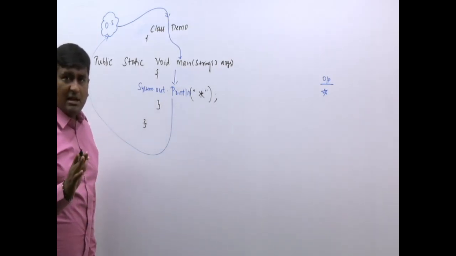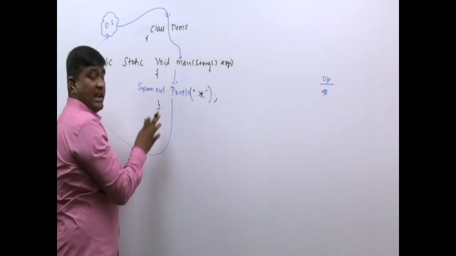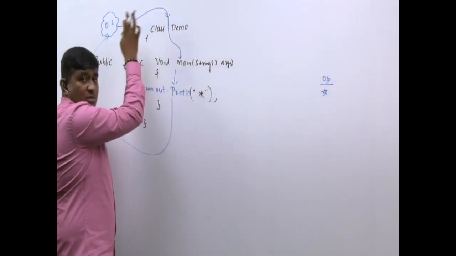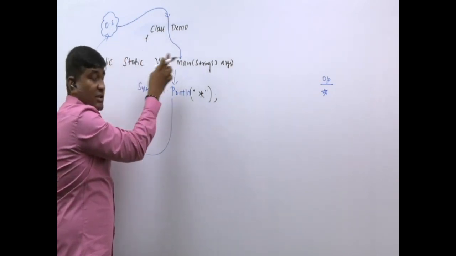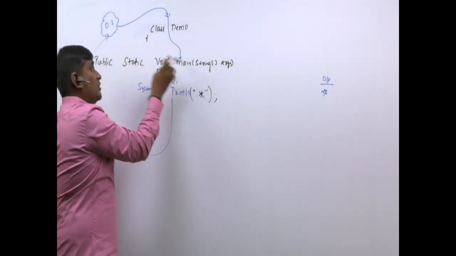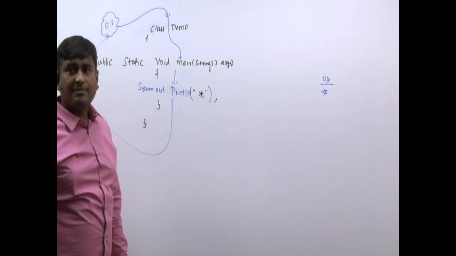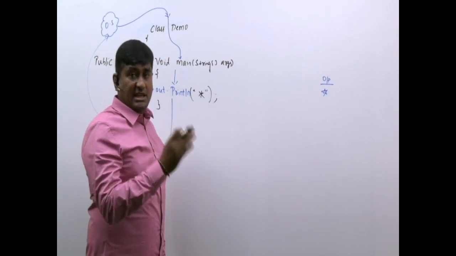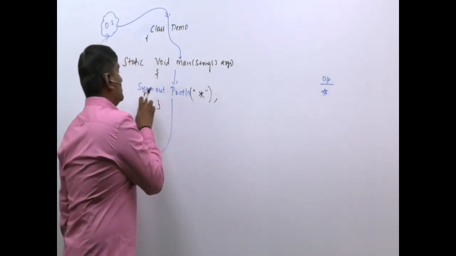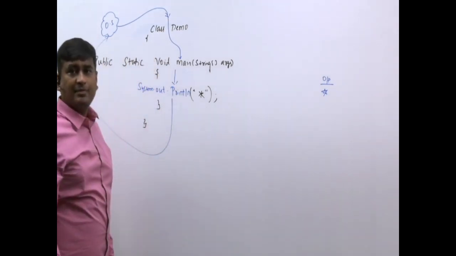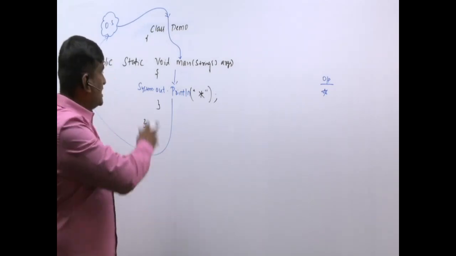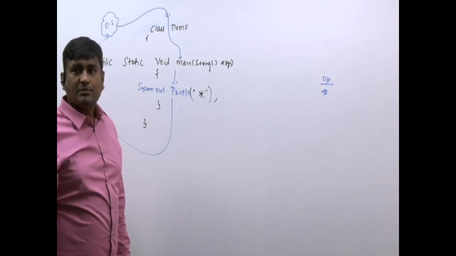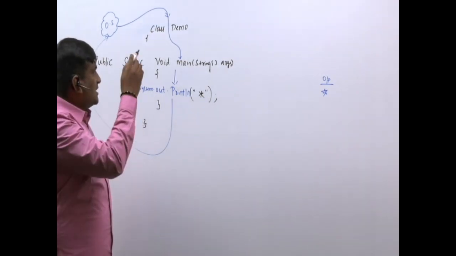Am I completely clear? Whatever you write, it should be present inside a class. For every class, there should be a name, and for the main method to be accessed by the OS, it is made public. For it to be visible, public; in order to access it, it is made as what? Static. And simply you write here String[] args. And if you want to print anything in Java, then we use System.out.println. Any confusions? Now when I execute this program, my output will be what? Star. Hope no issues. Just have a look at this program.